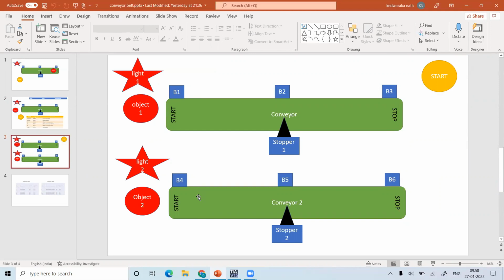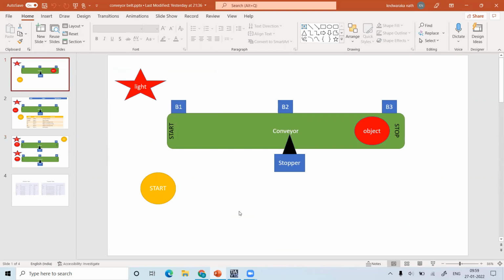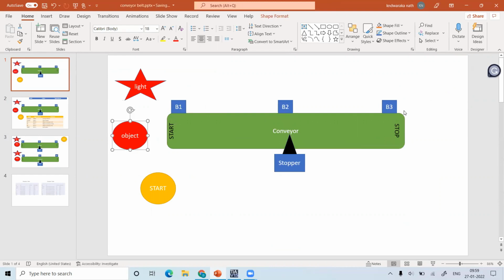So already you know the conveyor system has many inputs and many outputs. For this conveyor system, we have B1, B2, B3 as three input sensors and one start switch as an input. And outputs: a conveyor is an output where it has to rotate, a stopper is one more output, and light is also one more output. So when the object reaches the position B1, when the B1 sensor detects the object, the light has to glow with 1 Hz frequency. And when the light glows at 1 Hz frequency, I will click my start module.